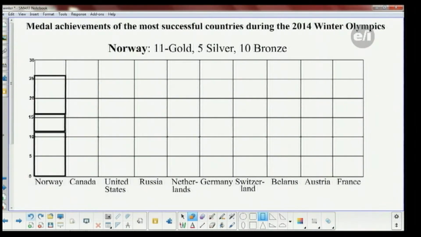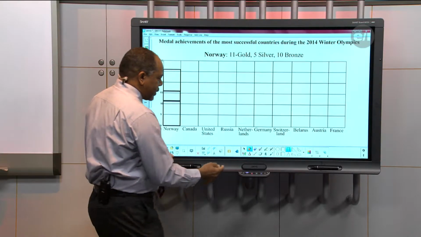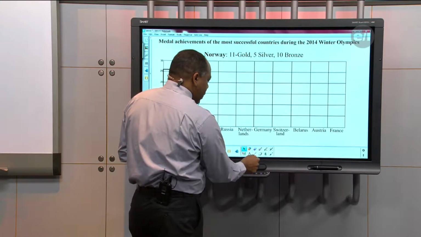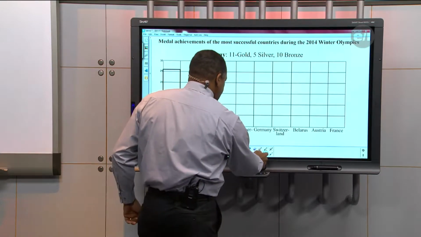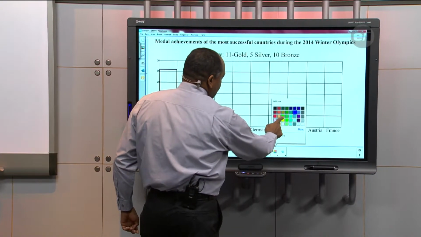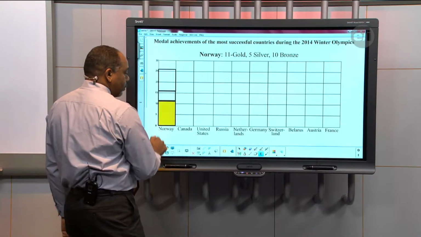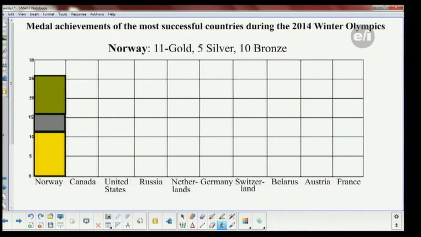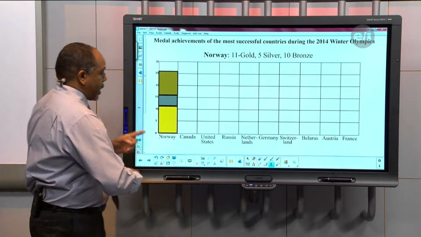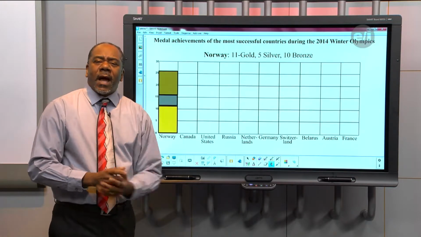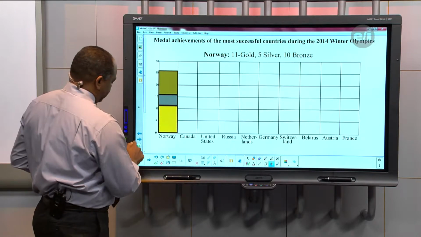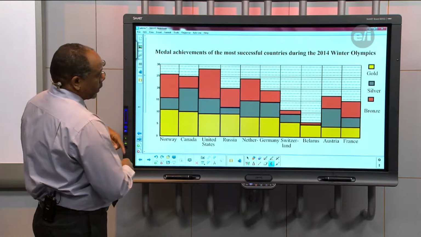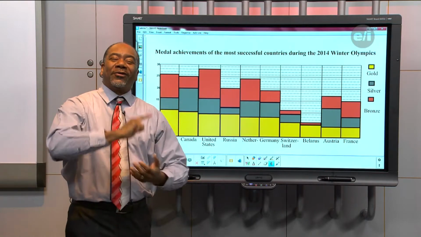So notice how these bars are stacked. And literally what I would want to do is also fill those in. I think I would make this gold, maybe something like this for silver, and the final one, maybe something like this for bronze. Now I can easily look at that. Suppose I did them all, that would take too long, but I did it for us, so let's take a look. They don't look bronze and gold and silver, but those are the ones.